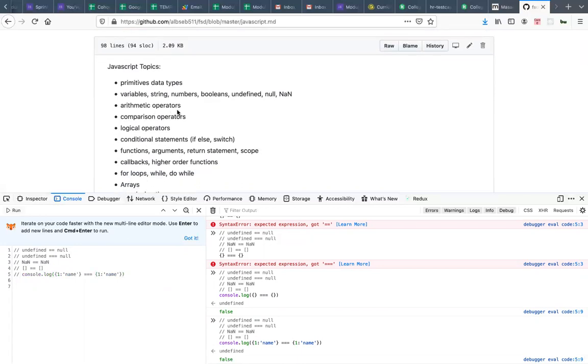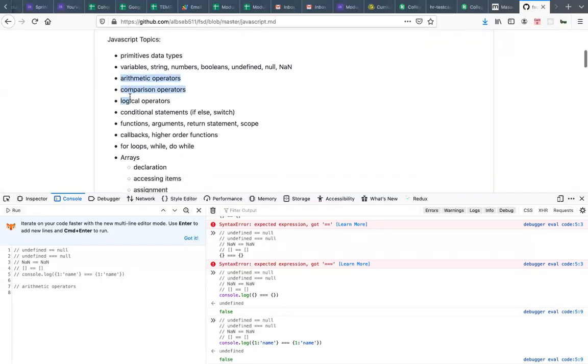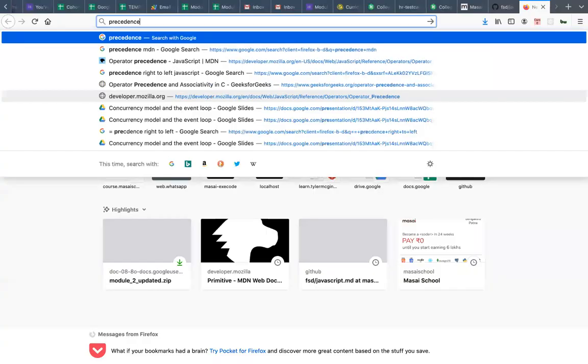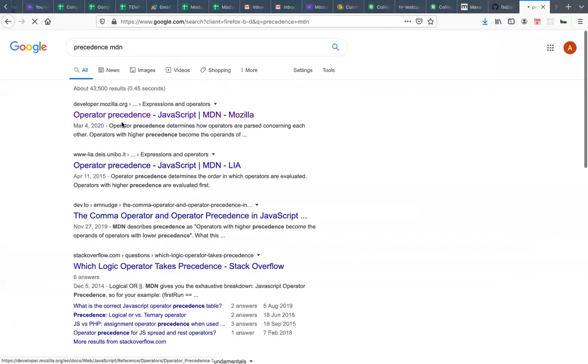Then let's now move on to the next topic for arithmetic operators. All right, so arithmetic operators. One important thing about working with operators, a comparison operator, logical operator, all of this is to understand precedence. So if you go to precedence,